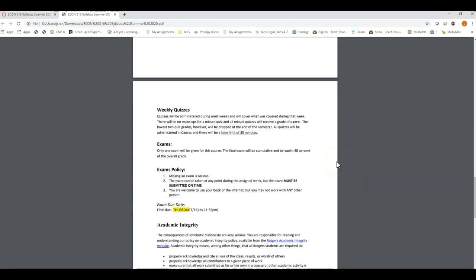Quizzes. With the exception of the last week, quizzes are going to be administered, and they're going to cover what's during that week. Because this course is so short, there are 4 or 5 quizzes per week. Now, it can seem like a lot with that, so it's really important, especially early, to kind of keep up with everything,